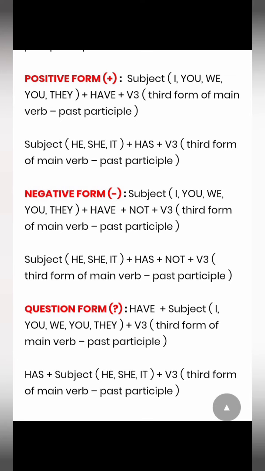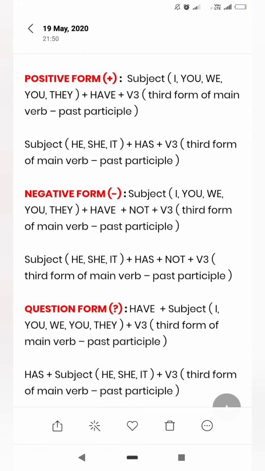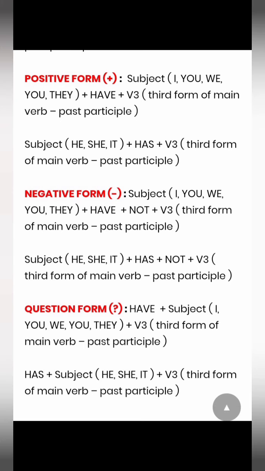Okay. Now in the case of he, she, that is third person. Third person, if it is singular, we have to write has plus V3 form of the verb, that is past participle form of the verb. Has we have to write with the third person singular. Okay. In the negative forms, we have to just add not with the have or has. Then we can write the past participle form of the verb and can form the present perfect tense.